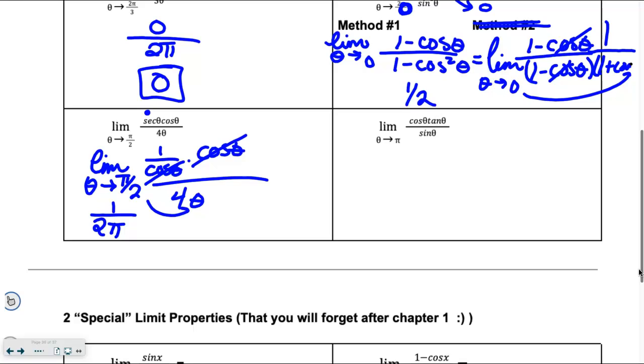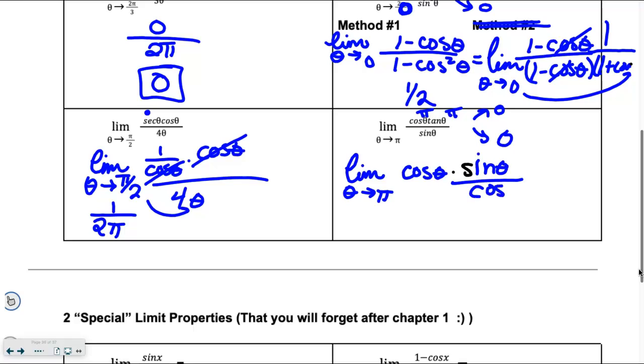So again, on this one, cosine pi is -1, so I'm testing that out. But tangent pi is sine over cosine, and at pi that'd be 0 over 1. And again, sine of pi is 0 on the bottom. So I do have a numerator and a denominator, top and bottom, going to 0 separately, which means this needs a little more work. Really, the only thing I can do with it is replace tangent theta with sine over cosine. In doing that,